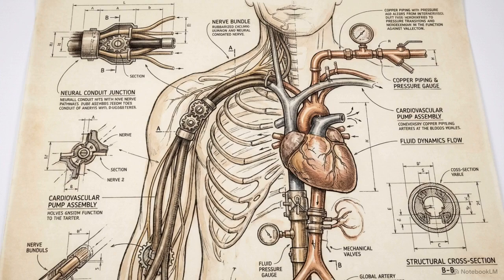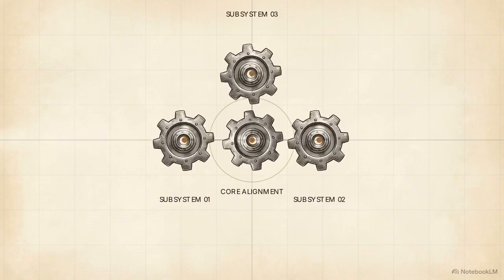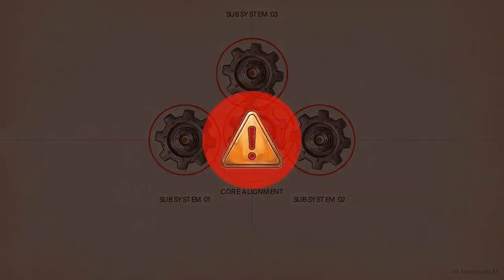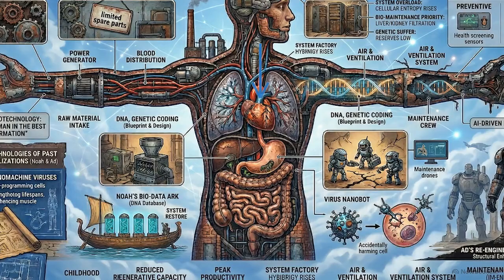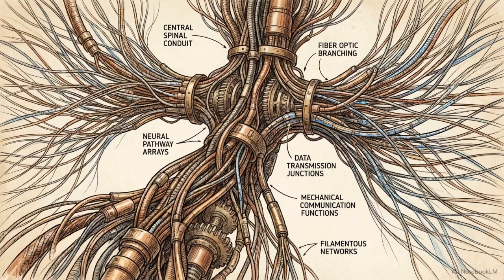Industrial operations rely on a foundational schematic. In the human facility, DNA acts as the absolute, uncompromising blueprint for every production line. The complexity of this design means subsystems must operate within incredibly tight, high-precision constraints. Even minor fluctuations can lead to catastrophic failure. The power subsystem centers on the heart, the factory's power generator, converting raw materials into ATP energy and routing it to fuel every department. Above, the brain's control unit acts as the central processing server, maintaining absolute operational stability. The nervous system serves as a closed-loop communication network, using electrical signals to keep the factory's departments in constant synchronization.